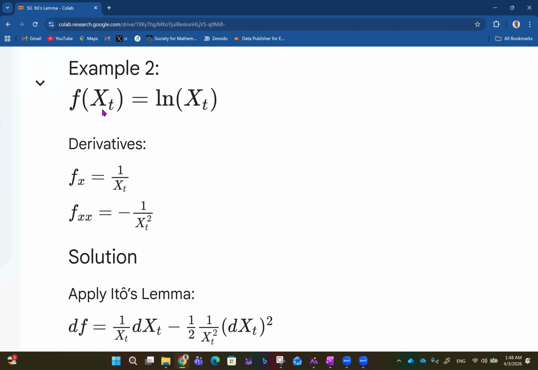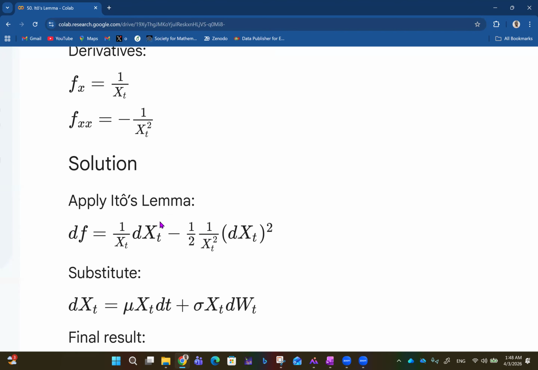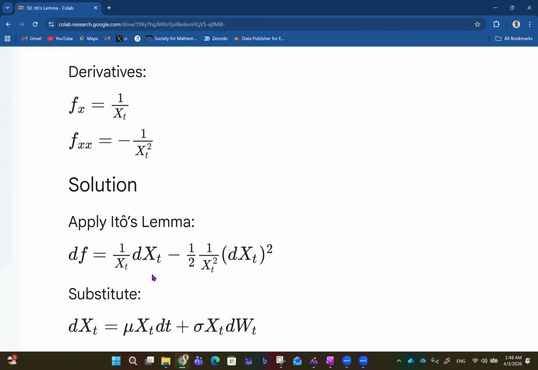You have f of x sub t to be ln x sub t. So the derivatives, of course, the first derivative will be 1 over x sub t. The second derivative will be, of course, this is like x sub t raised to the power minus 1. That's minus 1 over x sub t squared. So if you apply Ito's lemma, that means the first derivative times dx of t minus half times,